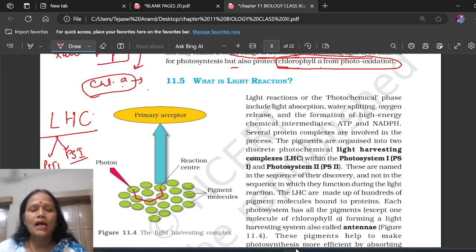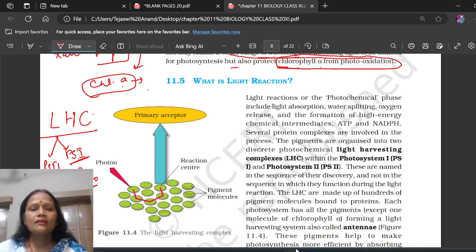PS2 और PS1 की खासियत है, PS1 absorbs the sunlight of wavelength P700 while PS2 absorbs P680 wavelength. PS2 का एब्जॉर्प्शन कैपेसिटी जो है ये P680 वेवलेंथ के सनलाइट को एब्जॉर्ब कर सकते हैं, लेकिन PS1 एब्जॉर्ब करेंगे P700. सीक्वेंस ऑफ एक्शन क्या है, तो PS2 पहले वर्क करता है और PS1 उसके बाद वर्क करता है. तो हाउ डज इट वर्क्स, तो अगर हम देखेंगे प्राइमरी एक्सेप्टर्स किस तरह से काम कर रहे हैं,